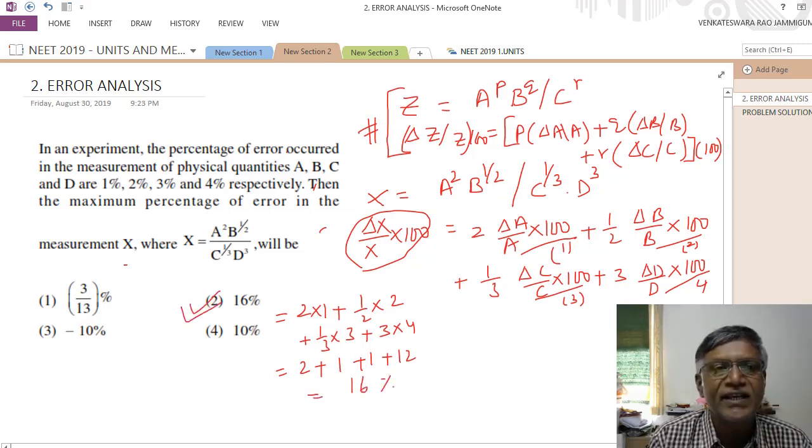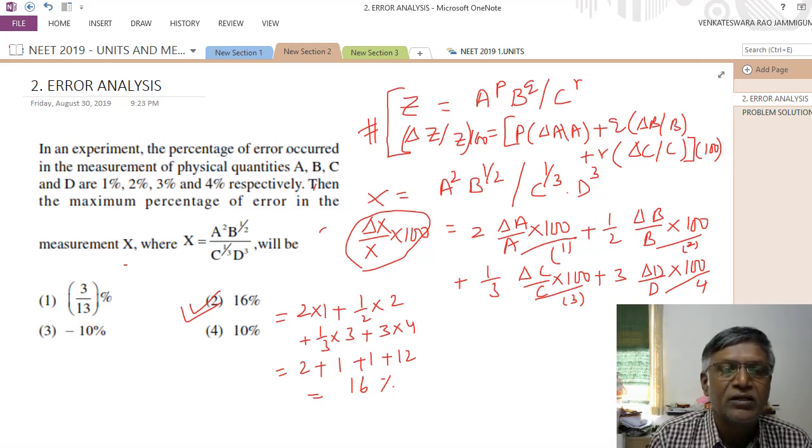See here, NTA is giving most of the questions from NCERT only. So please concentrate on the NCERT textbook. You should understand that most of the questions are given relevant to the NCERT textbook. So if we do NCERT thoroughly, you can get very good marks. Your chances of success are very good, and you can even get more than 120 in physics itself. Okay, thank you.